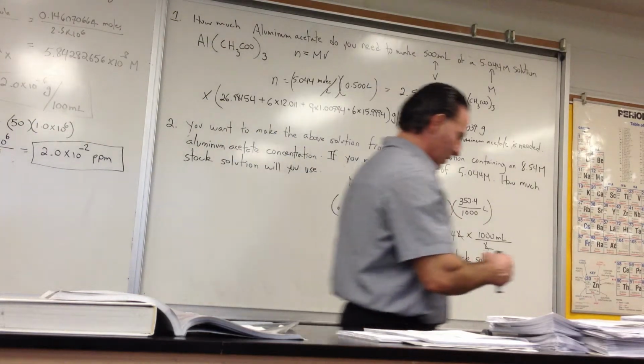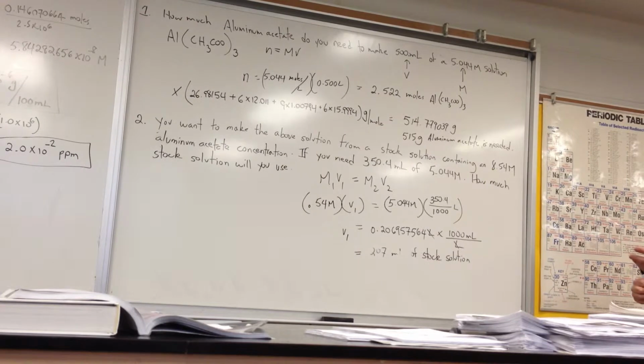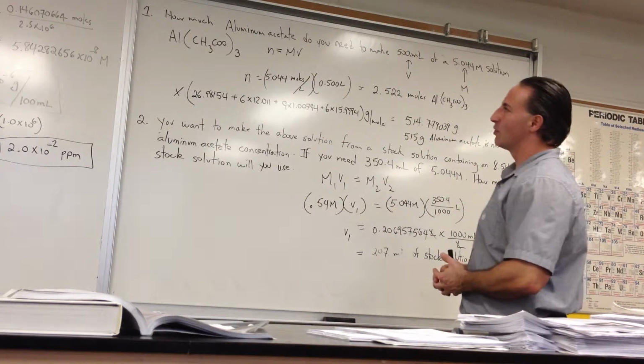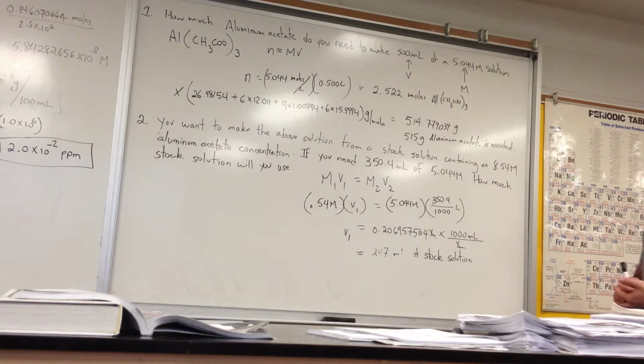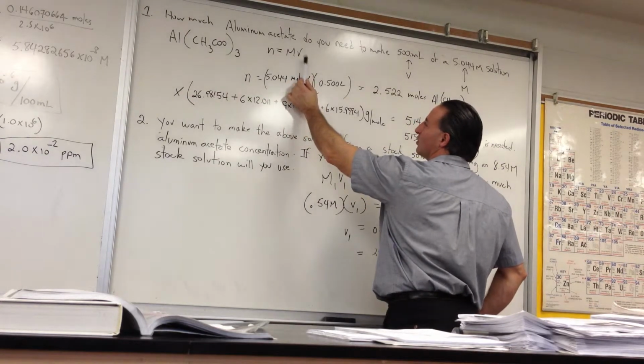Here we have a simple question that's designed to test your ability as you're supposed to have gained it by now. The curriculum calls for us to know how to dilute solutions, or how to calculate the concentrations in titration. So consider this a review. The first question I ask: how much aluminum acetate do you need to make 500 mLs of a 5.044 molar solution? So we recall that the molarity of the solution times its volume is going to give you the number of moles,